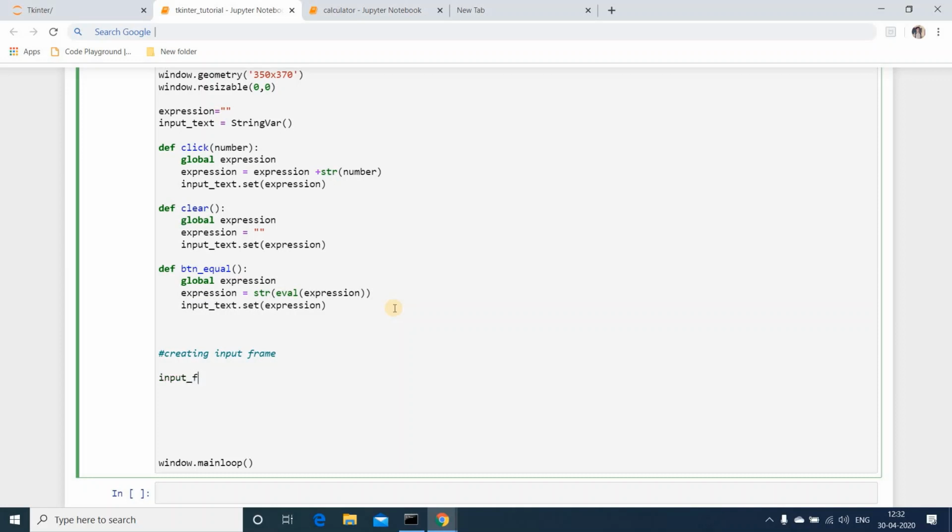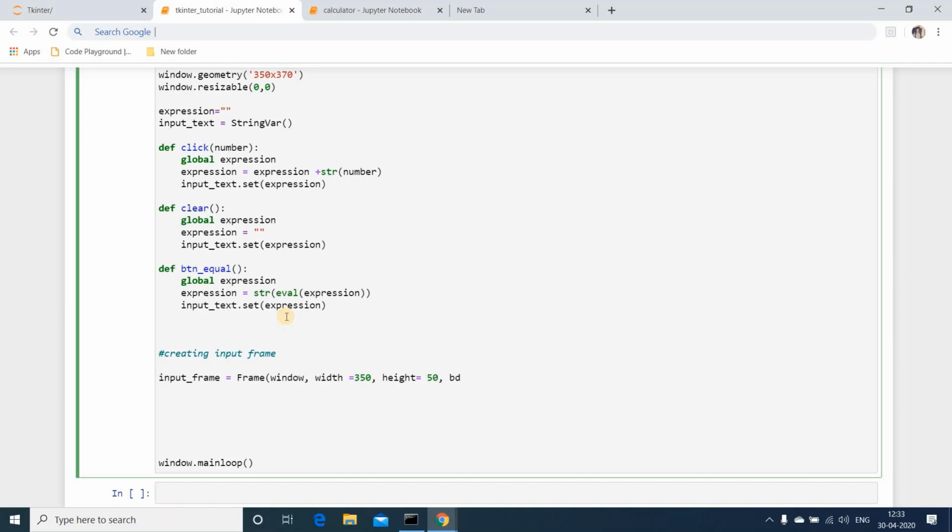Input frame equals Frame. Frame is a widget available in tkinter to create a frame inside the main window. I'll be passing window, comma, and specify the width of the frame, width equals 350, and the height, height equals 50.